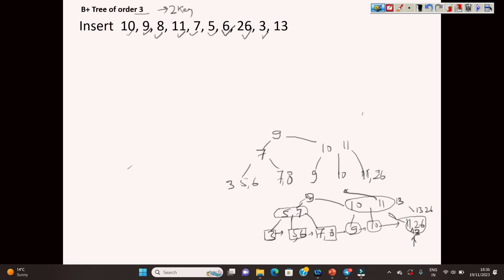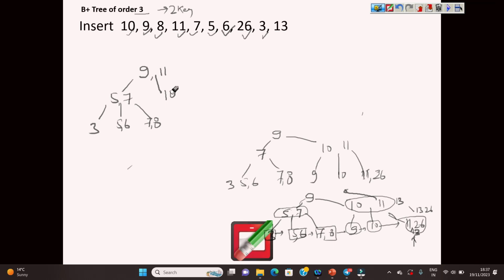So finally, what are we going to have? We are going to have it like this. We have 9, and also 11 moves there, and then what do you find? At the left we find 5, and you have 7 also here, and the left of 5 is 3. Here you have 5, 6, and here you have 7, 8. Also, you can see here this is going to split. So this is actually 10 here.